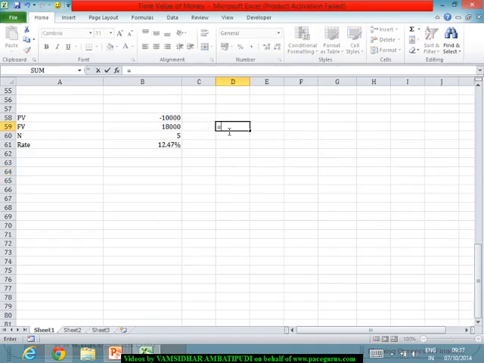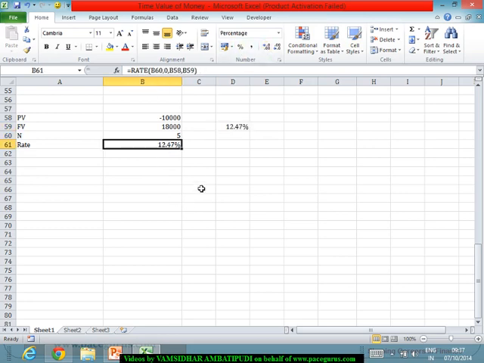Future value, which is 18,000, divided by present value, which is 10,000, to the power 1 by 5 minus 1. So even this is giving you the same 12.47%. So either I can take the help of the Excel based formula, or I can depend on the formula of future value divided by present value to the power 1 by n minus 1. That is what is giving me the interest rate